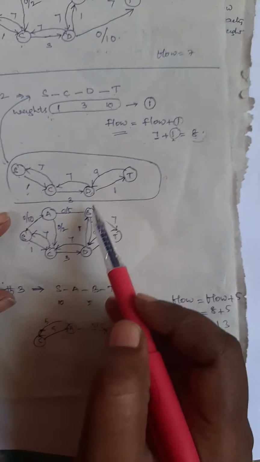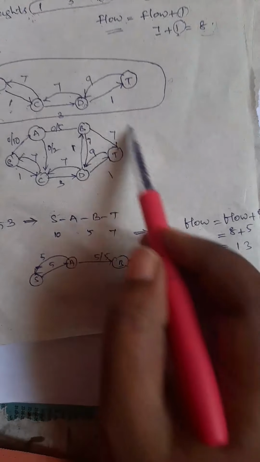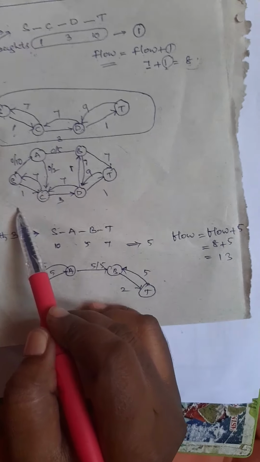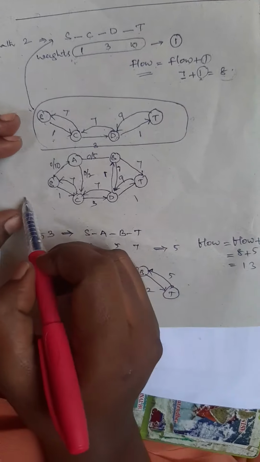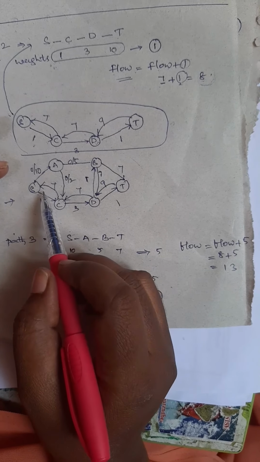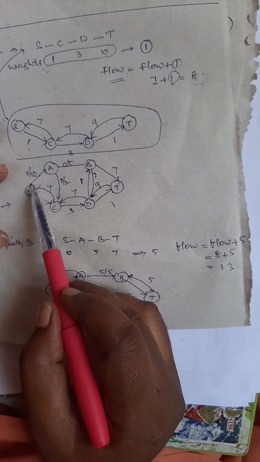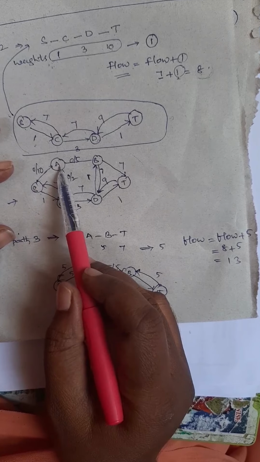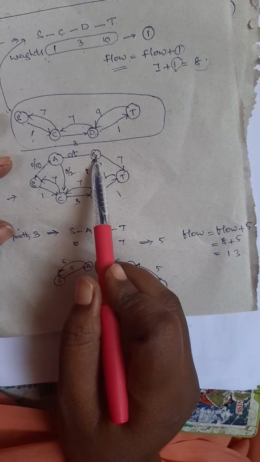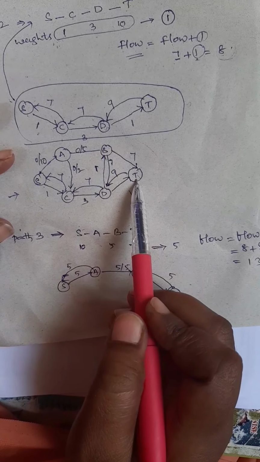Okay, and then add this residual graph into this. Okay, after adding, this is a complete graph. Add this path and the previous iteration path. So now once you check after constructing the graph, if there is any other alternative path, S to A, there is a path we didn't traverse as of now. A to B also we didn't traverse. B to T we traversed, but that is a way to reach the target.